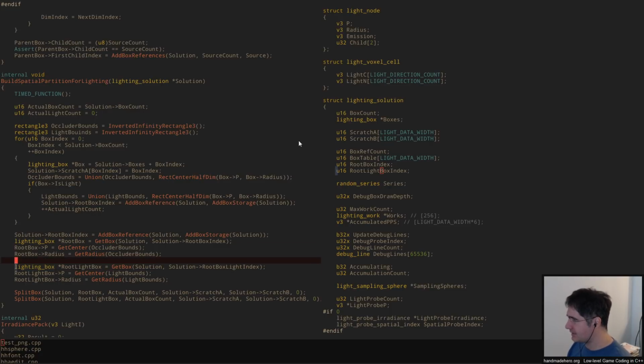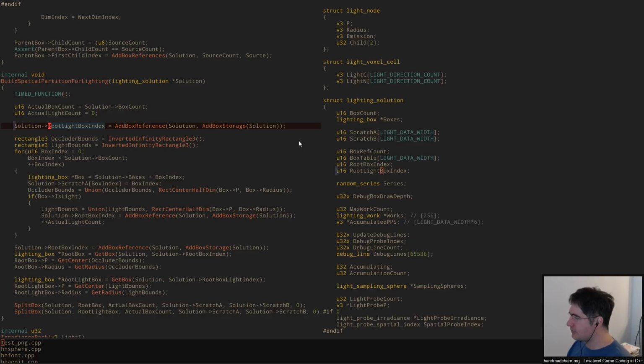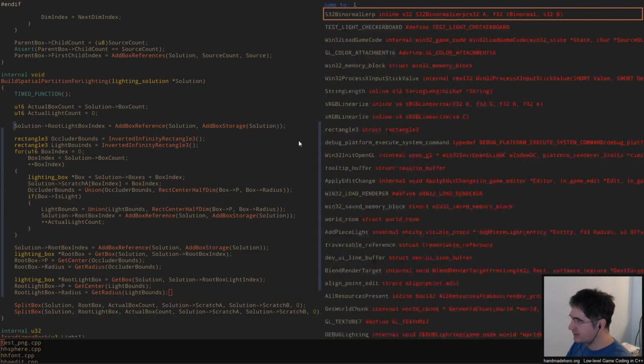honestly, probably this right here, where we say, okay, we've got the root lightbox index, and we're going to make that be the first box of our set. And so inside this, we assume that each of these will just come after it, right? And so we need a way to add the lights in here as a separate thing, because these have to be continuous. Oh, well, I guess they don't. Yeah, so, all right. So here's the thing. In the